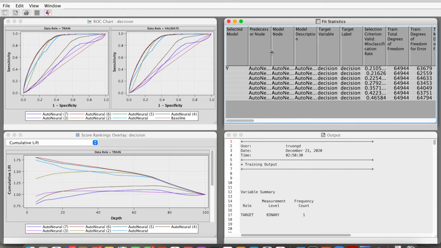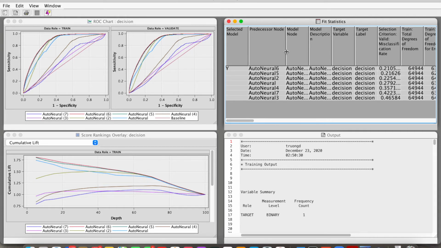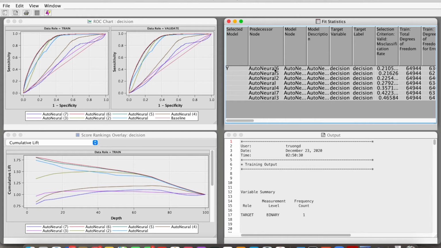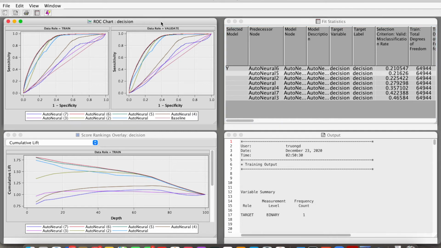Based on the misclassification rate, AutoNeural 6 is a champion model with the lowest misclassification rate for the validation sample, 0.2105, followed by AutoNeural 5. The least accurate one is AutoNeural 3. We also need to examine predictive power to confirm that